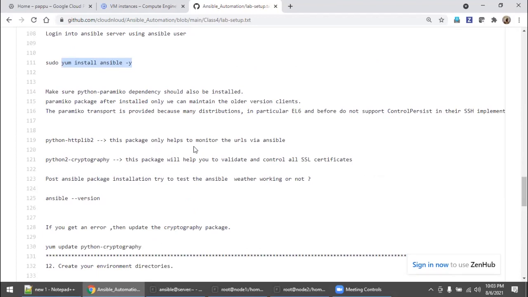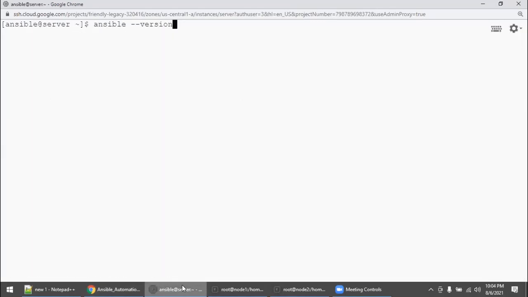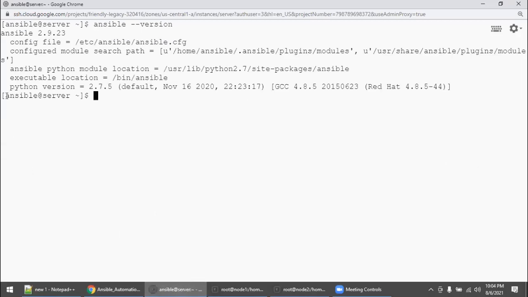We will see it in detail during the Ansible playbook for specific modules. Mostly you need to run this command to make sure everything is fine at the Ansible configuration end. Yes, Ansible version is 2.9.23 and the global file is /etc/ansible/ansible.cfg, right?